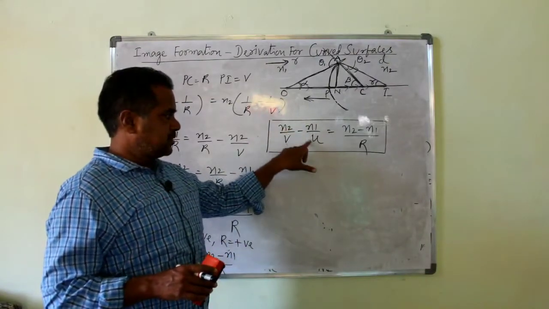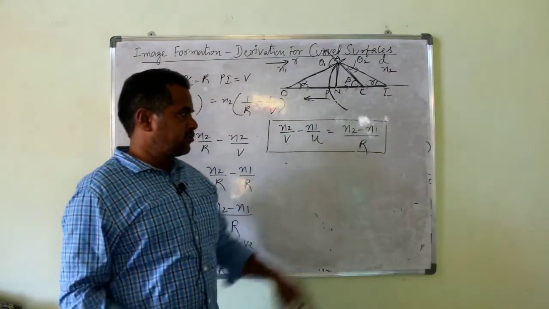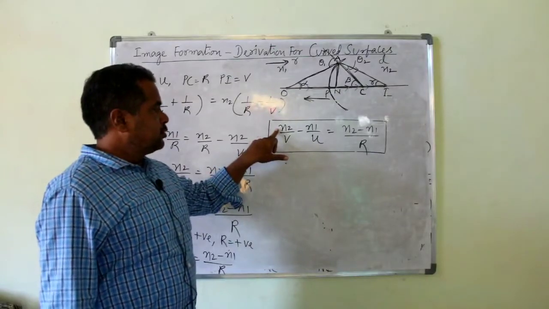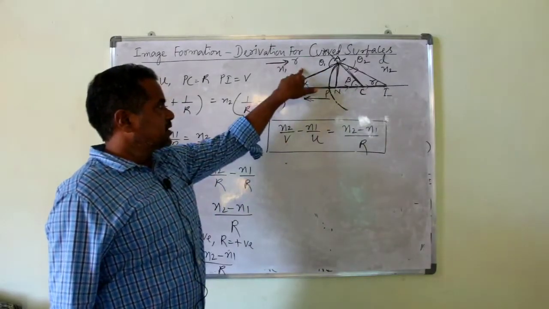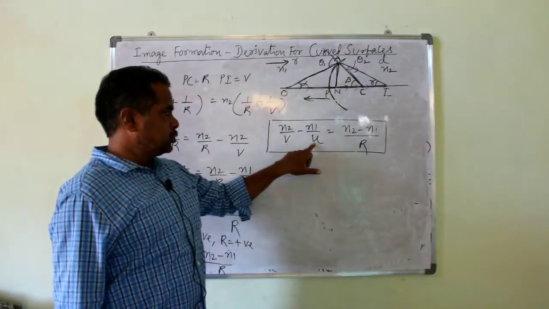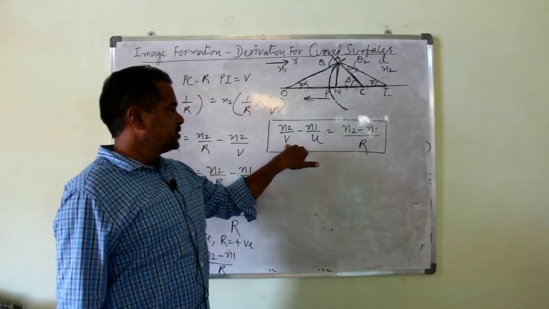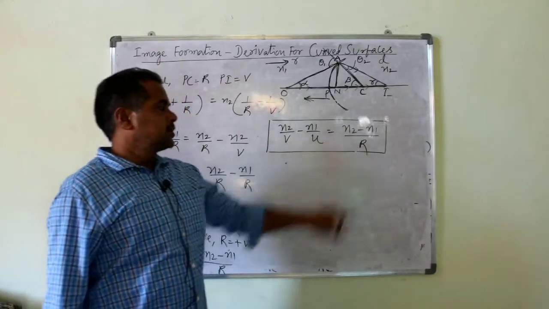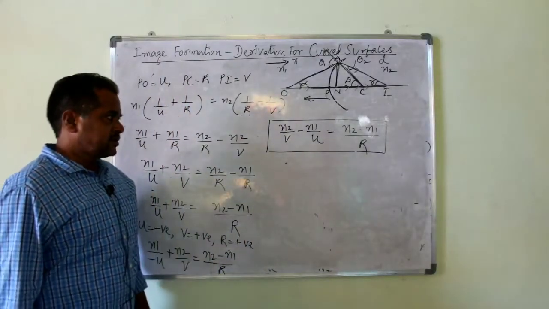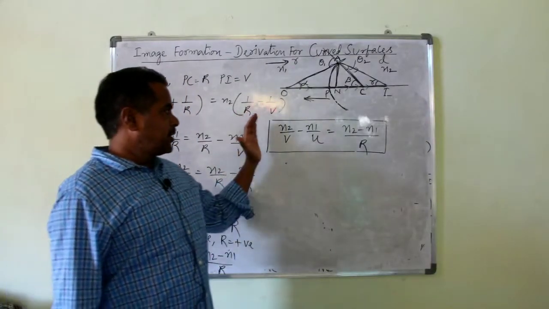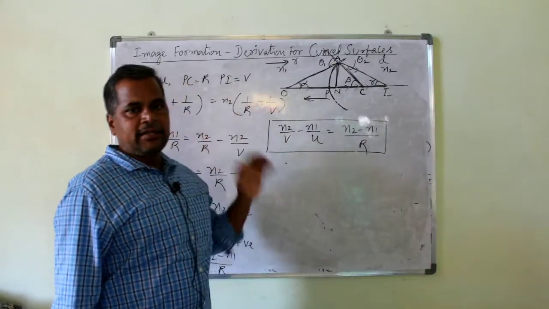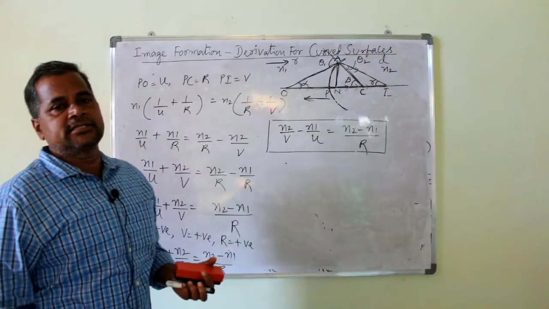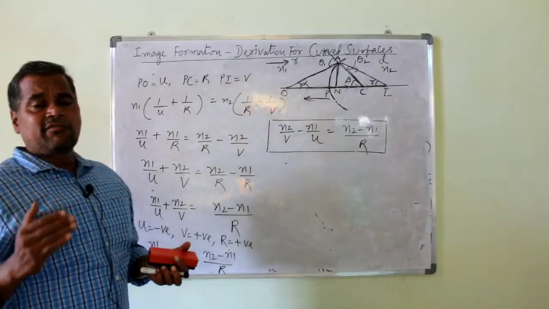n2 by v minus n1 by u is equal to n2 minus n1 by R, where n2 is the refractive index of the denser medium, n1 is the refractive index of the rarer medium, u is the distance of the object, v is the distance of the image, and R is the radius of curvature. We apply this formula only when the light ray is incident on the curved interface